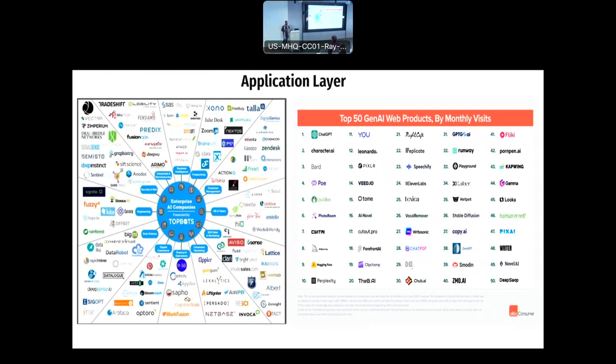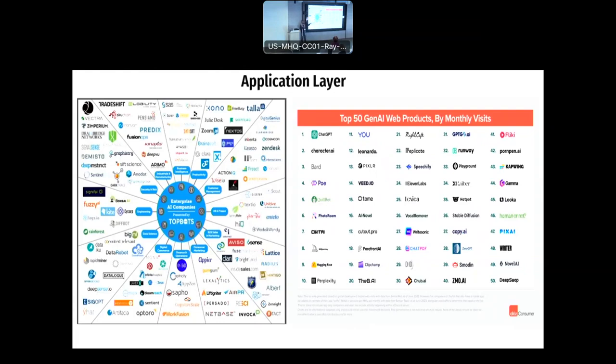National defense, so there's another one, I literally saw this today. It's not really on here, but national defense is getting real. There's an AI company out of the EU that just raised a Series B of 223 million, which is ridiculous for national defense this year. I'm sorry, this round. And so you can see on this side is the top 50 Gen AI web products